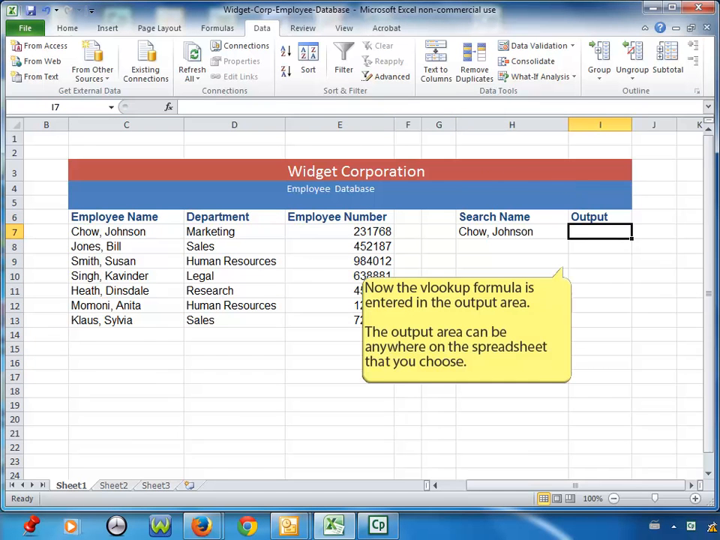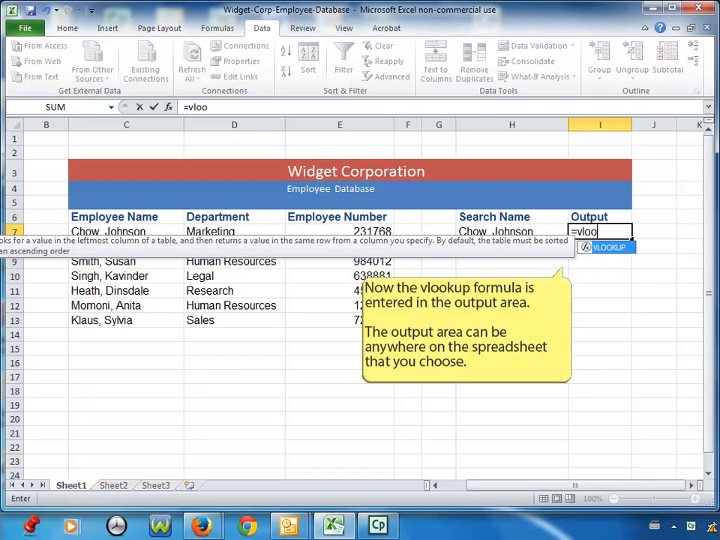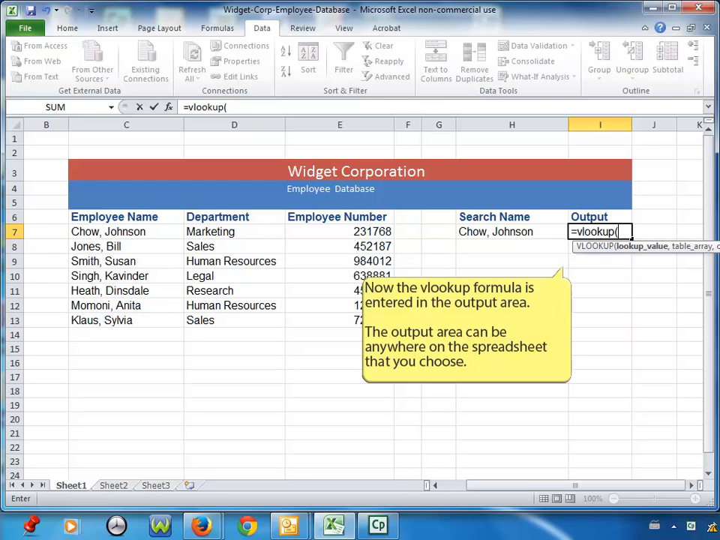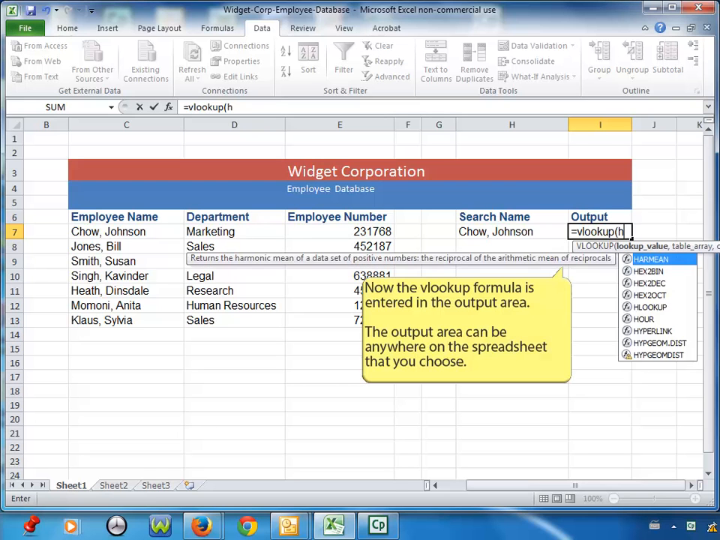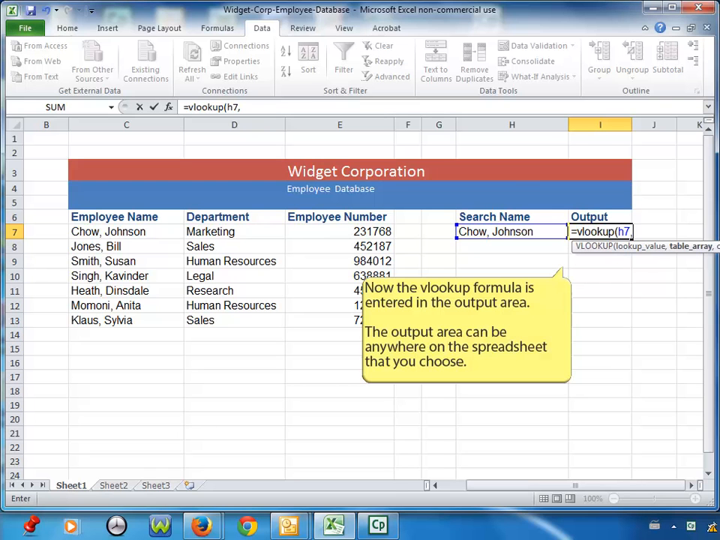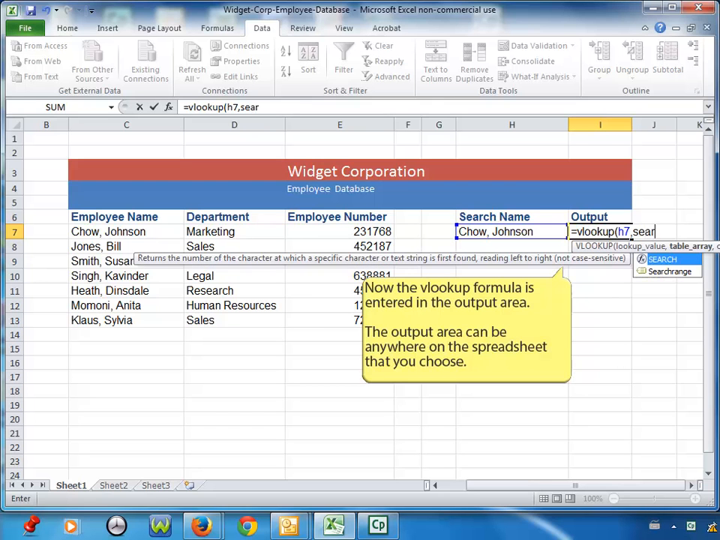Now we're going to go over to the output area where we're going to type in the formula. So we'll start it off with the equal sign. All formulas in Excel start off with an equal sign. Now we'll continue, Vlookup, open the bracket, indicate the search criteria, Mr. Chow's name, Johnson Chow, in H7, so we'll type in H7, comma. Now we're going to indicate the range that we're going to look in. Now we predefined it as search range, so we'll just type in search range,